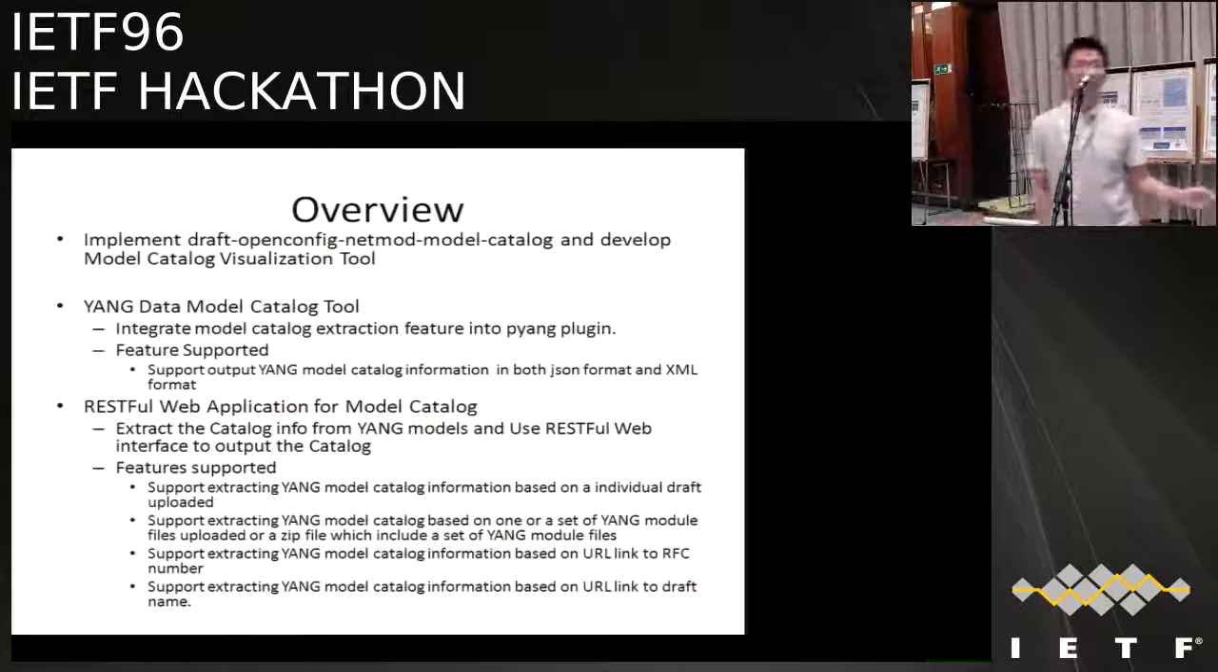So I want to show a little bit of demo. Our demo actually comprises two parts. The first is